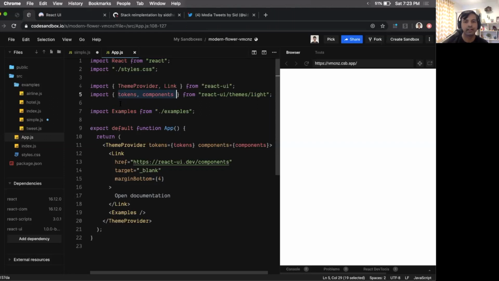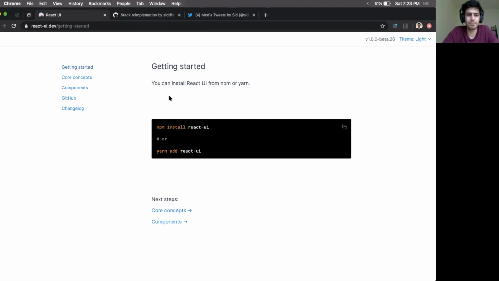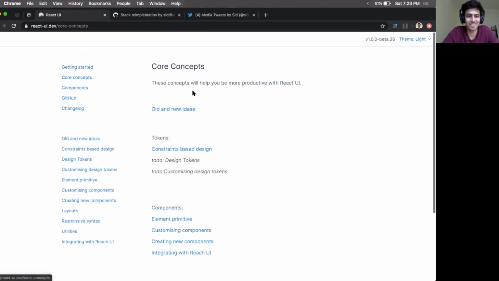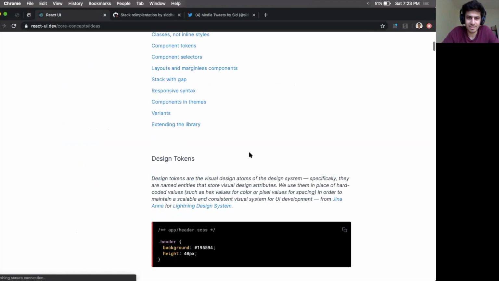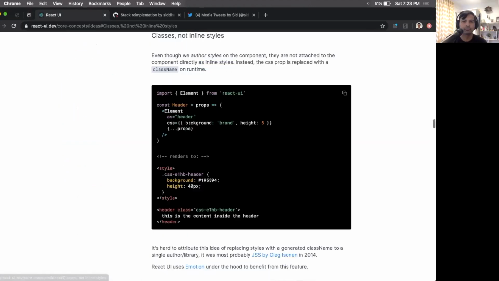What's your take on inline styles? Do you have a strong opinion for or against it, or does it depend on the situation? It depends on what you mean with inline styles. A lot of people